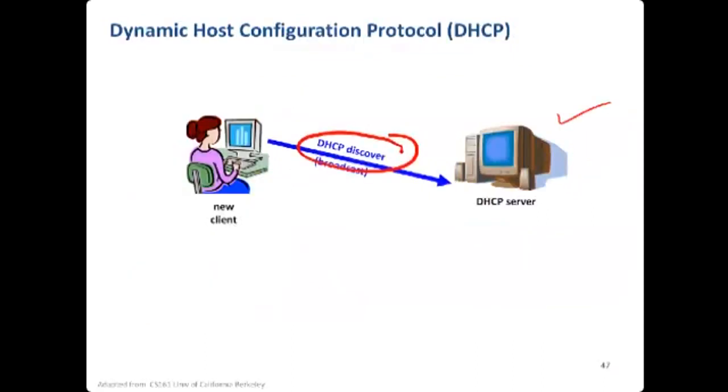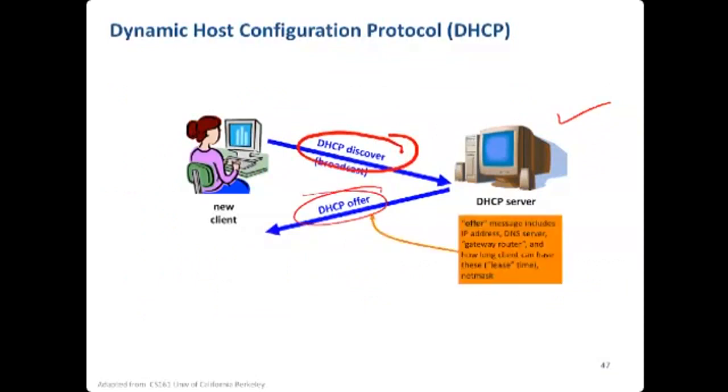Let's assume the one here responds. Let's assume that only one DHCP server responds. It will say DHCP offer. This is the IP address and so on, other information which you can use. All these things, right? IP address, gateway router's address, time to live, etc., or the DNS server also. So these three things have got to be there.